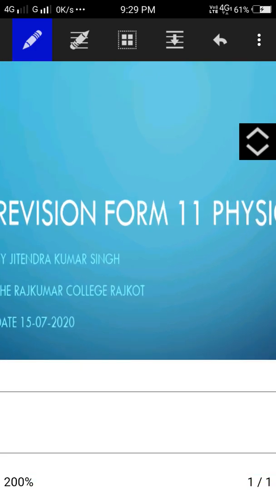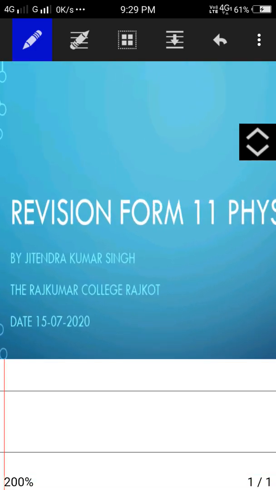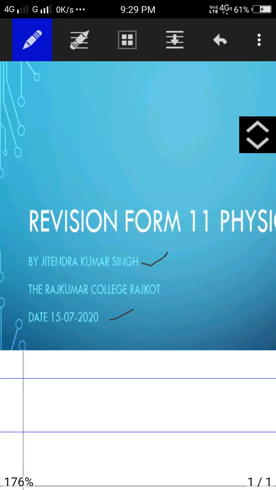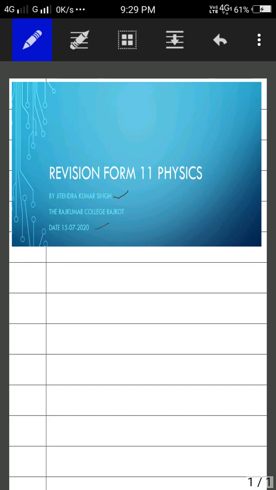This is the revision, Class 11 Physics, by me, as per the date today. So I'm taking here the first question. The first question here is